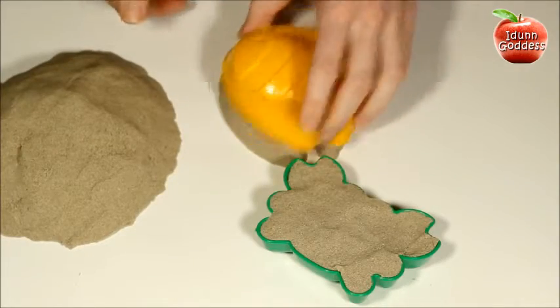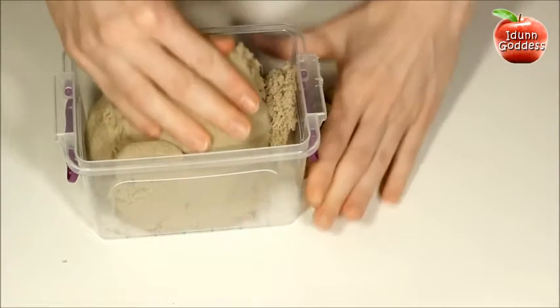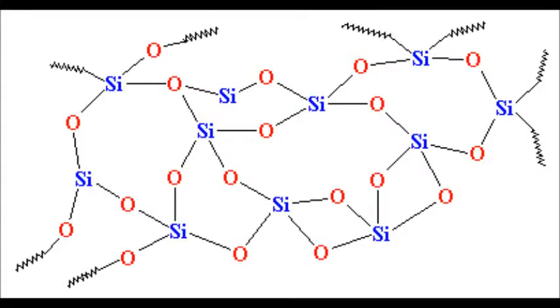It can keep kids' attention for hours, and yet parents love it because it never dries out and it's very easy to clean up. So what is kinetic sand made of, and how does it work? Well, as the name suggests, the primary ingredient is sand. Good old regular silica sand. Its chemical formula is SiO2, a silicon atom connected to two oxygen atoms, and it makes up 98% of the